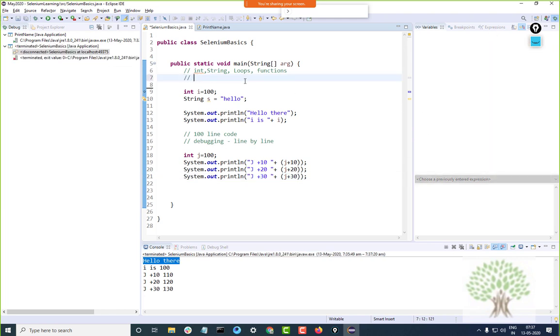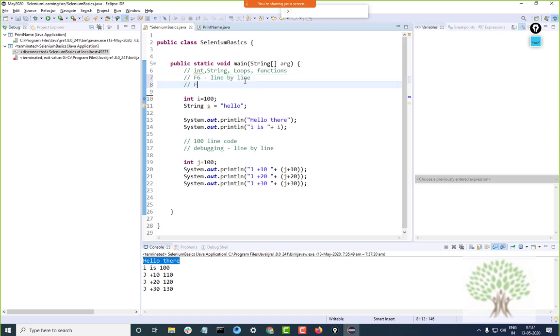So F6 is to execute line by line. This is really important because later on, when you are stuck and you really don't know what to do, this is the only thing which is going to help you out. F8 will help you run it normally.